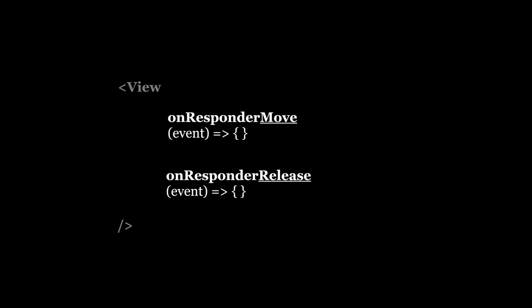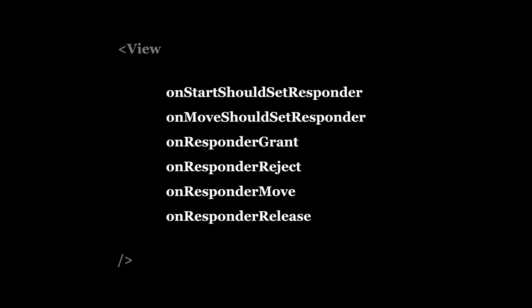What you really want to know about is onResponderMove and onResponderRelease. When a user's touch is moving on the screen, every move event will be fired through onResponderMove. When it's over, it's onResponderRelease. Now picture this. If you want to move an image around and when you stop touching the screen, it brings this image back in the middle, you could do so using these callbacks. Calling onResponderMove when the image is moved, then animate it back to the center when onResponderRelease is called.